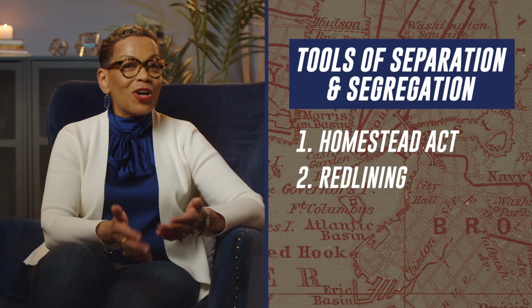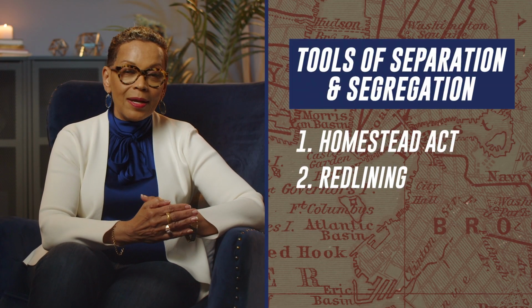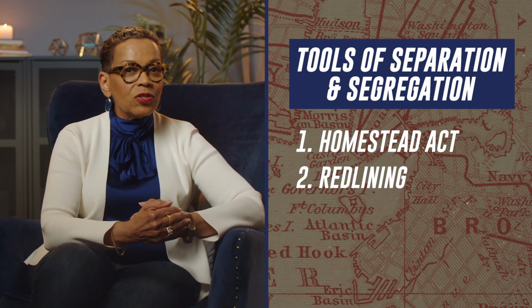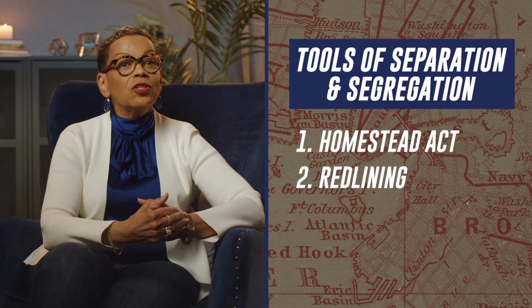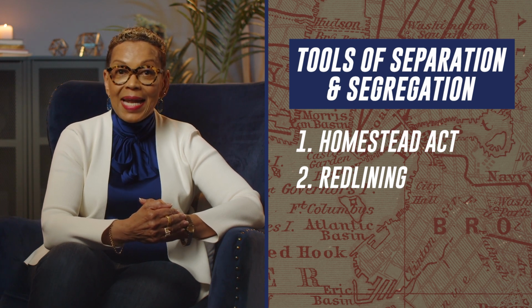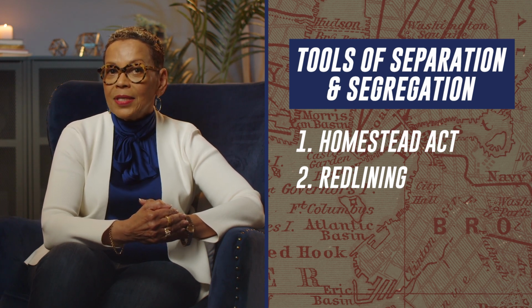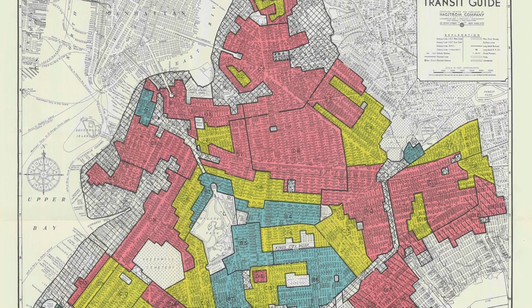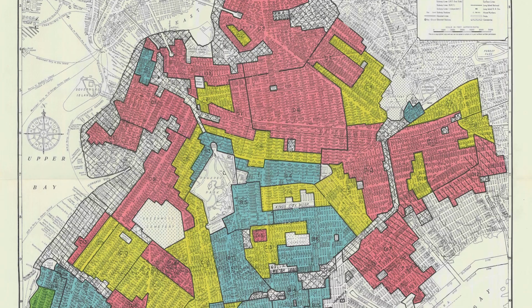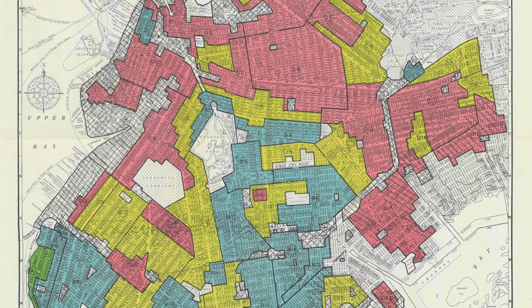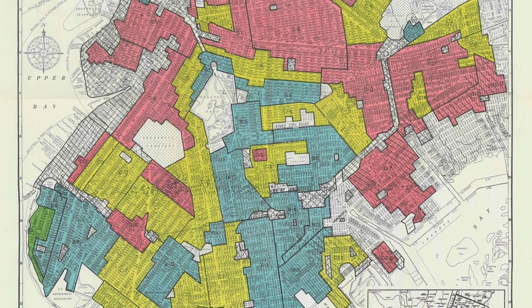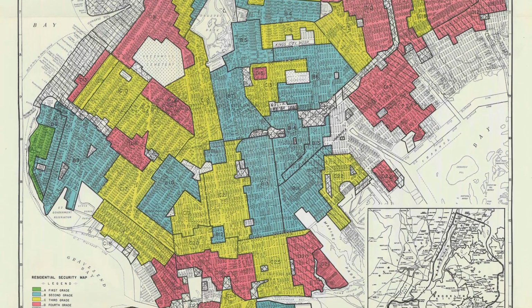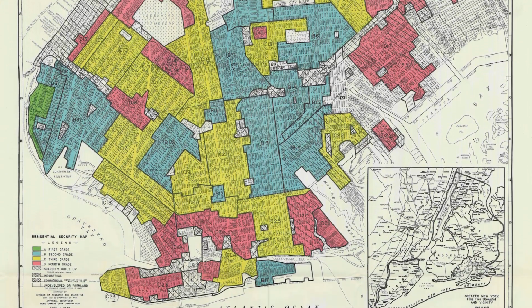Redlining. We're going to talk about redlining much more in one of our conversations with our experts. But redlining was a tool that was used as a way to determine who could actually finance a home. Areas of the country were divided and given red lines that determined that that was a riskier place to finance, and therefore there were very few opportunities for mortgage financing to facilitate home ownership.